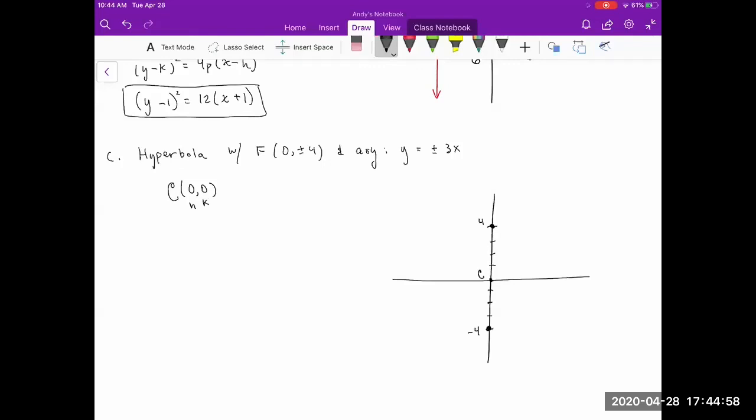Also, the distance from the center to a focus in this case is 4. So c is 4, lowercase c is 4. That's really all we know, though. We know it's a hyperbola, but I don't know exactly where the vertex of the hyperbola lands in between the center and the focus. So I'm kind of at a loss here in the sense that we have to